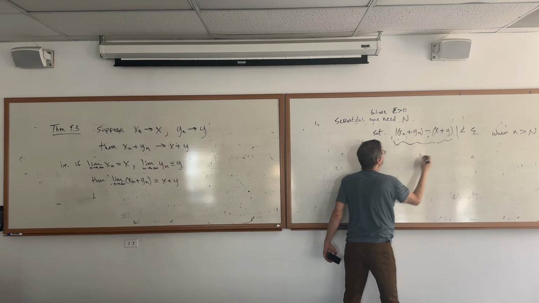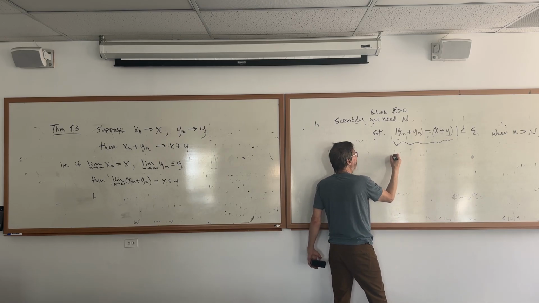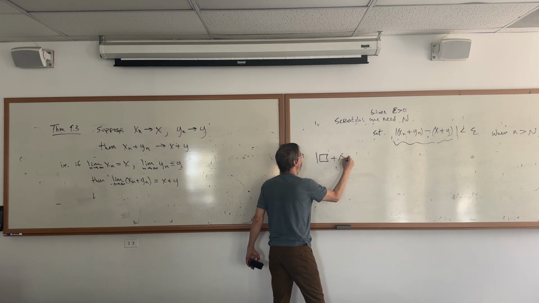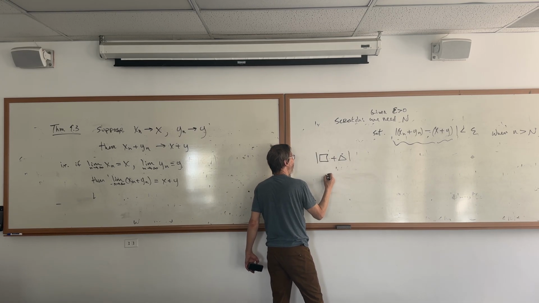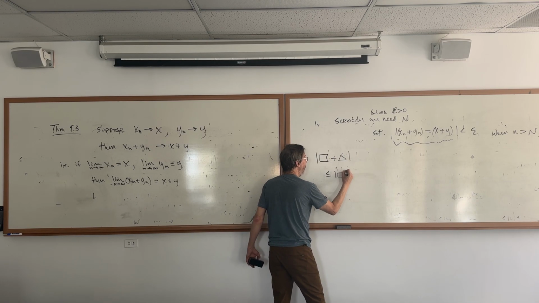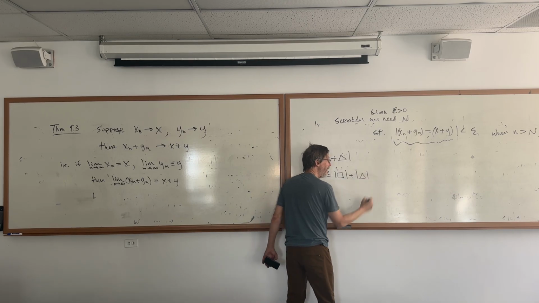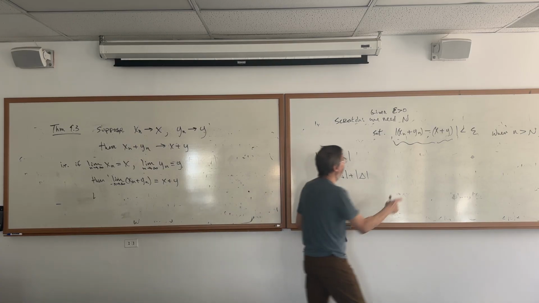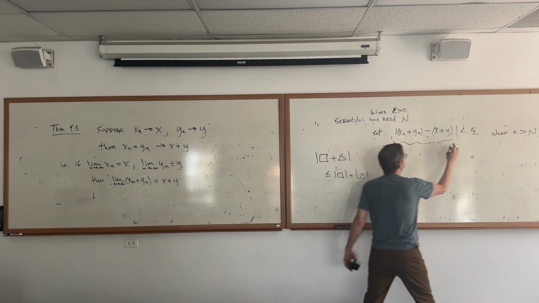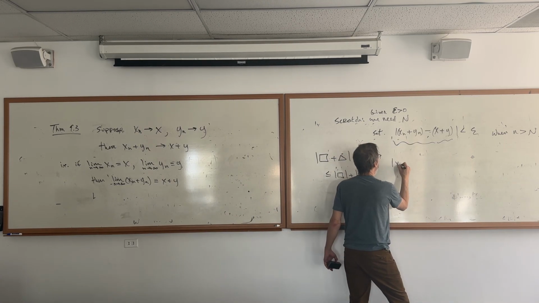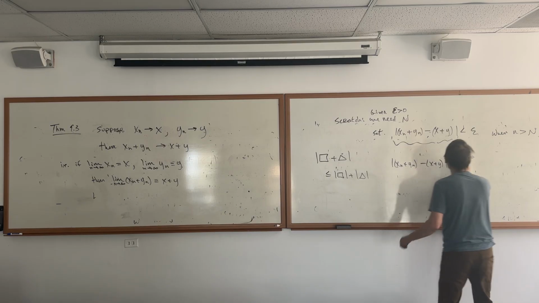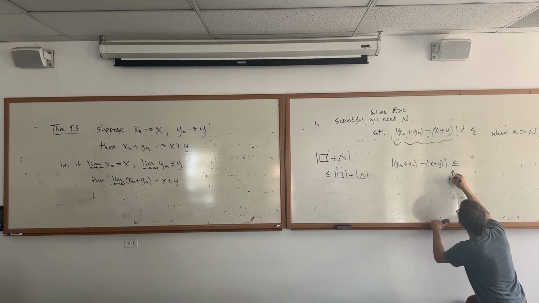So this thing right here, I could use the triangle inequality on. So recall that the triangle inequality says that. If I took this thing here, let's write it out, x sub n plus y sub n minus x plus y is less than or equal to, by the triangle inequality,